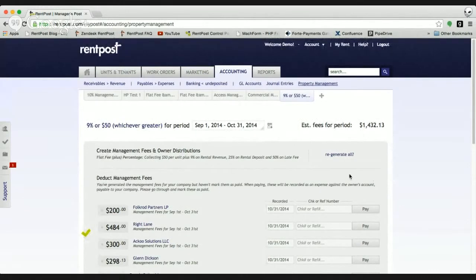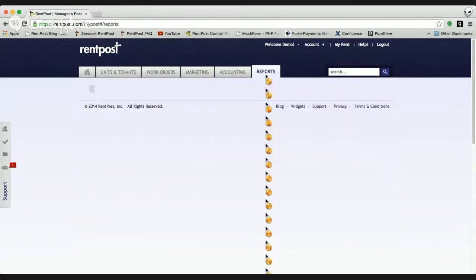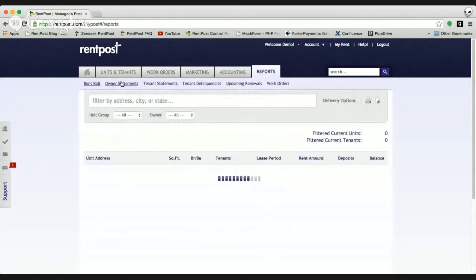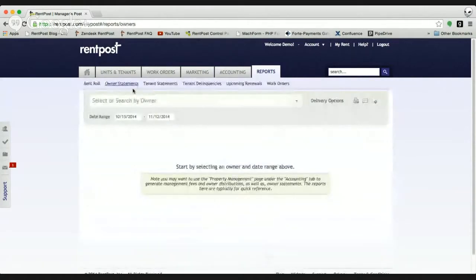One other thing that may become important for you to check is that underneath the reports, we do have an owner statements option as well. As this note here will explain to you, this is a dynamic owner statement. Essentially, this particular owner statement is not generating your management fees or throwing in your distributions.